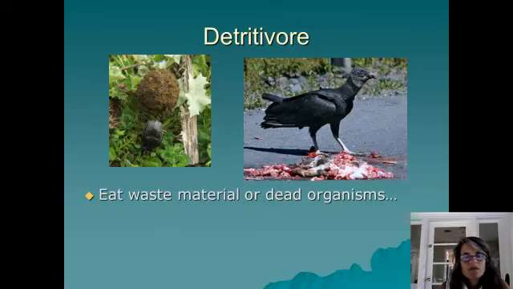Now, detritivores and decomposers. A detritivore is kind of a subcategory of a decomposer, if you will. They're going to be eating dead stuff they find dead, like this black vulture is going to be having a yummy meal off of that dead poor roadkill thing. Or they might eat waste, like this dung beetle can make a meal off of this animal waste, whatever it is, a big bowl of poo, all right? It will consume that. They are, in a way, decomposing. They are not capturing something and killing it. They're helping something get decomposed further, okay?